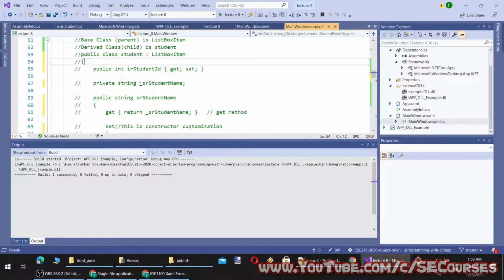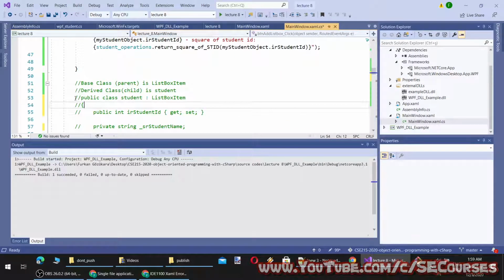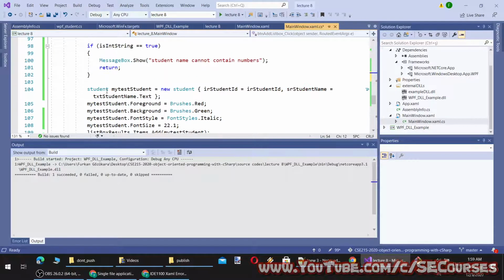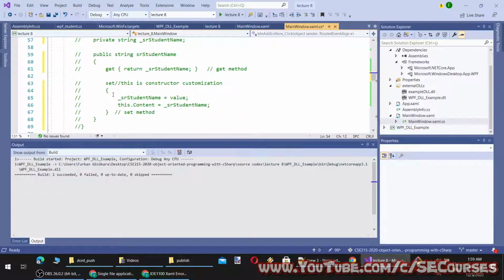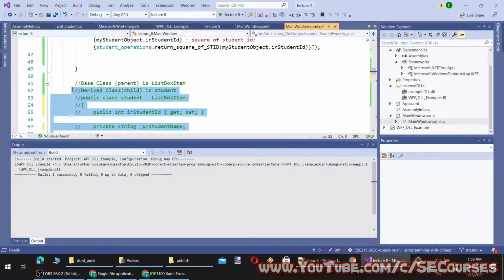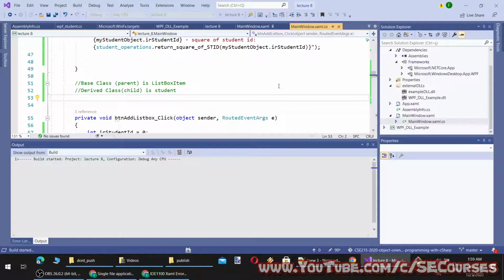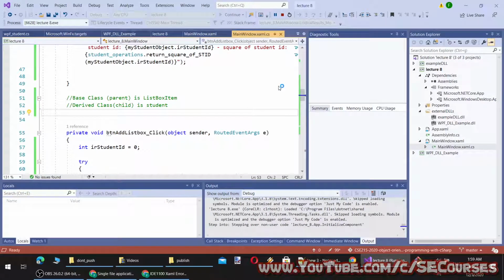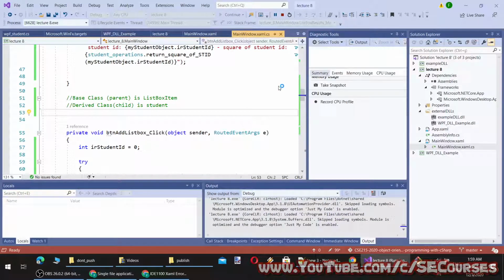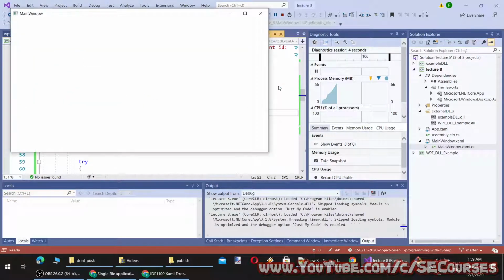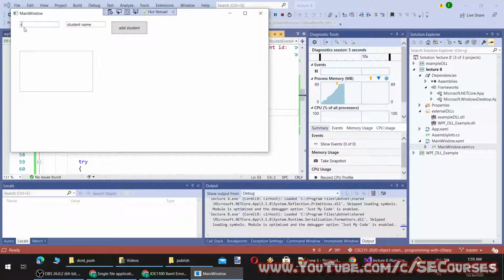After I have commented this class, it is already working. I can also delete this because now it is coming from the other class. I mean, it's coming from the example WPF DLL. And it should work. Yes, it is working.